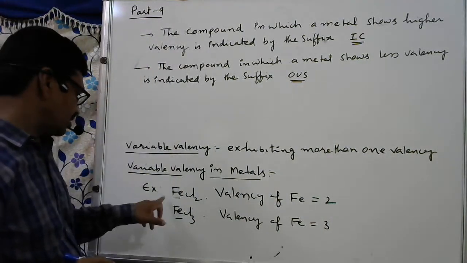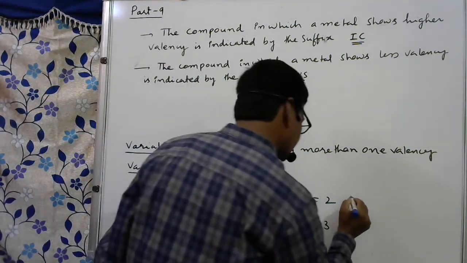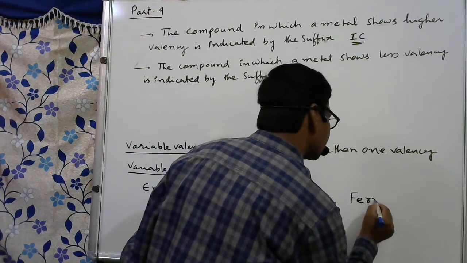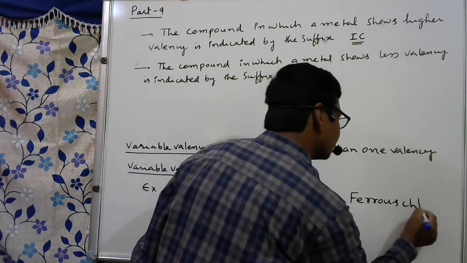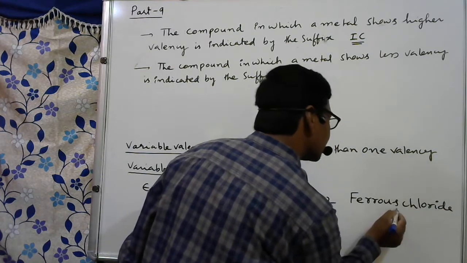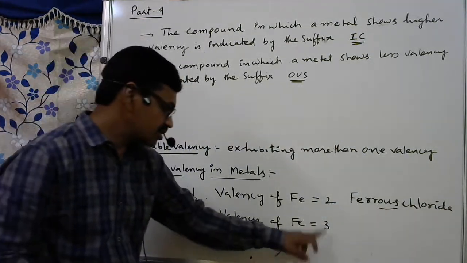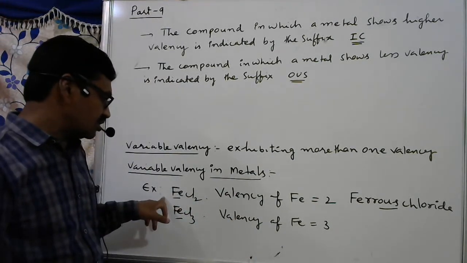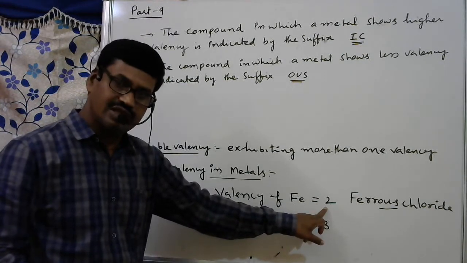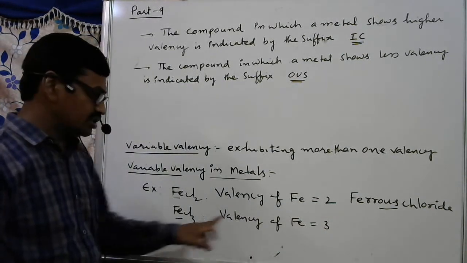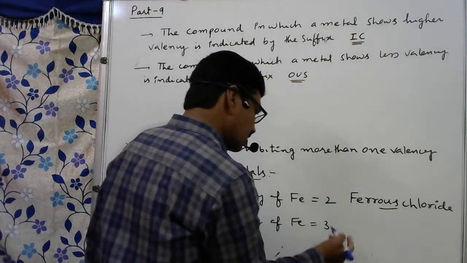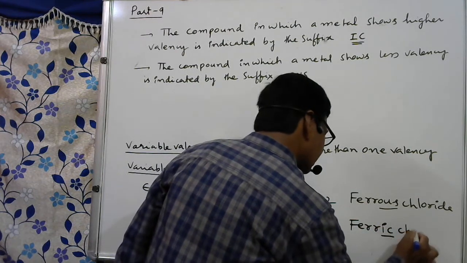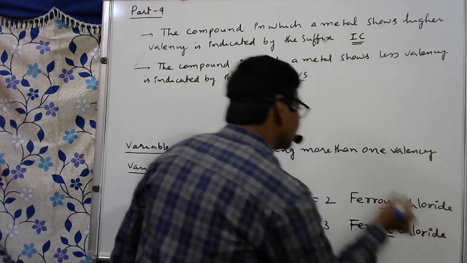See, because of this reason, what can we write for this compound? We can write iron only, no? For iron we have the term ferrum. So here we can write ferrous. This is ferrous chloride. Why have I taken ous there? Because in these two compounds, the same metal is present. But in this compound the metal is showing +2 valency, and in this compound it's showing 3 valency. Among these two, which is higher? For that we have to write ic. It is ferric